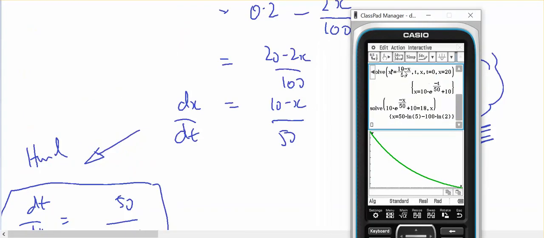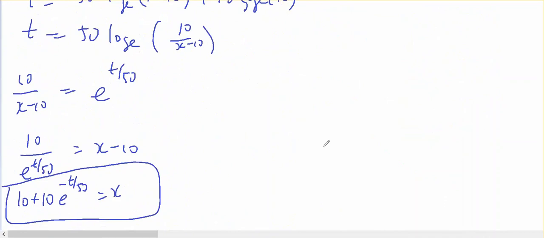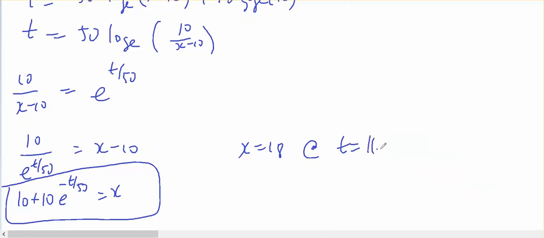x dash is 10 minus x on 50. When t equals 0, x equals 20. This is the rule that I get. Same rule when I drag and drop, this is the graph that I get. When I set it equal to 18, I'm going to get this answer, which in decimal form is 11.157. So x equals 18 at t equals 11 point, what was that number again? 157